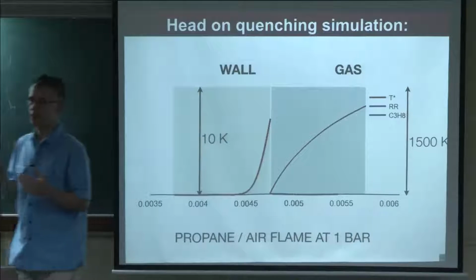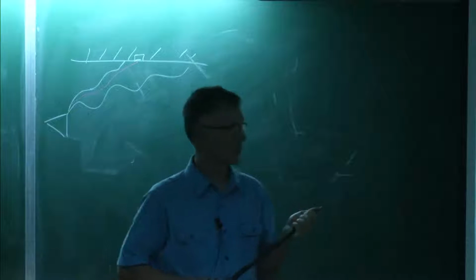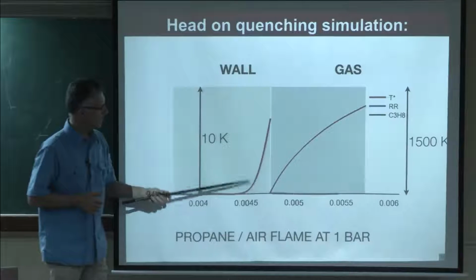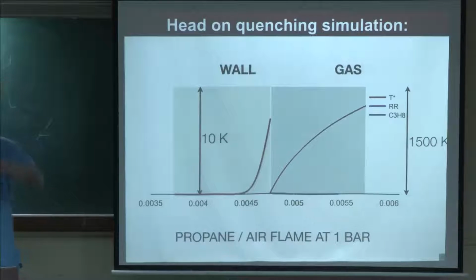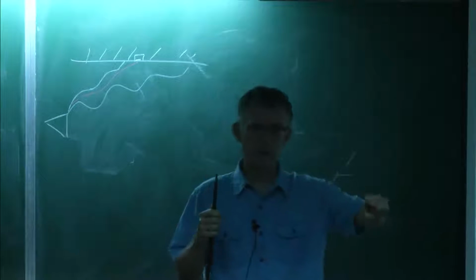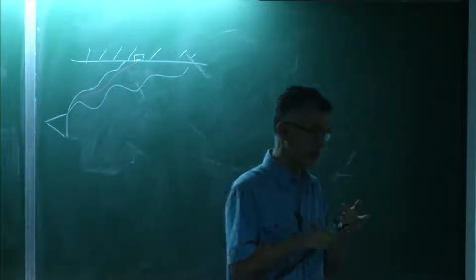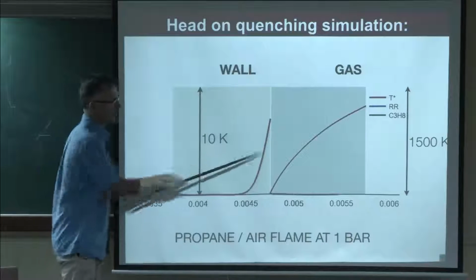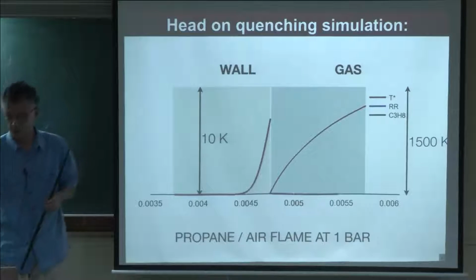The reason for that, of course, is that the wall has much more inertia than the gas, okay? When you send the flame once on a wall, the wall temperature will increase maybe by 10 K. This is why actually you can even put your finger on a flame. If you don't stay there too long, you won't get any problem because the inertia of any solid is much more than the inertia of the gas. Don't want to repeat that too many times, of course.